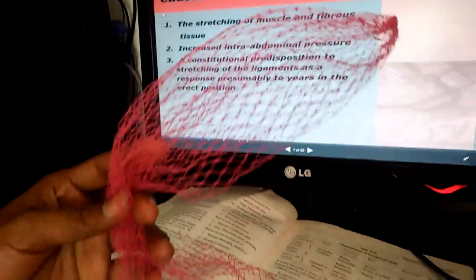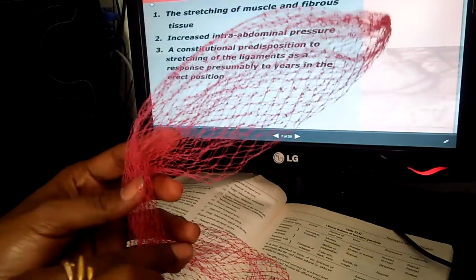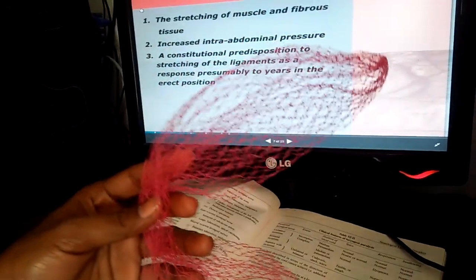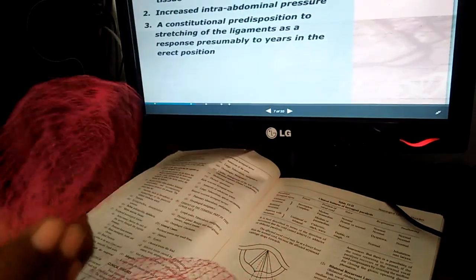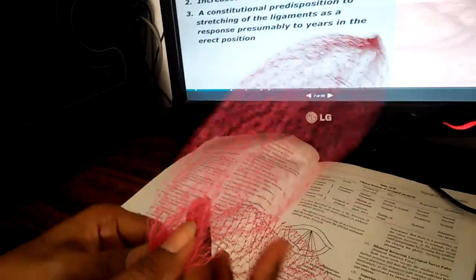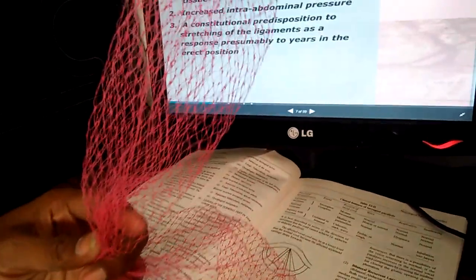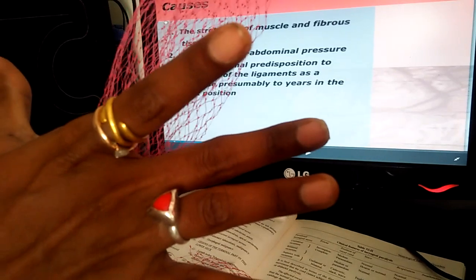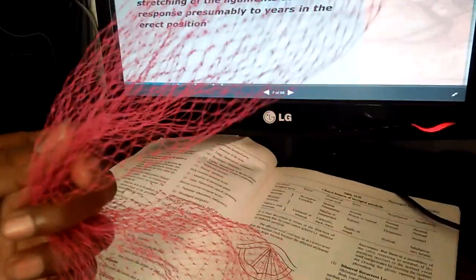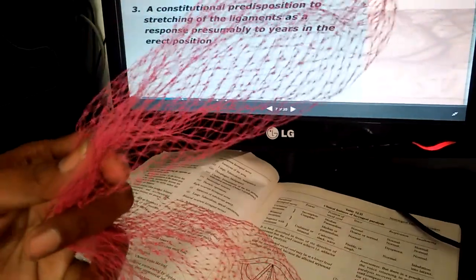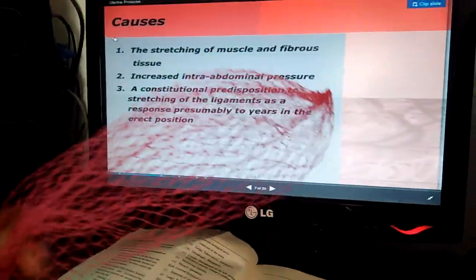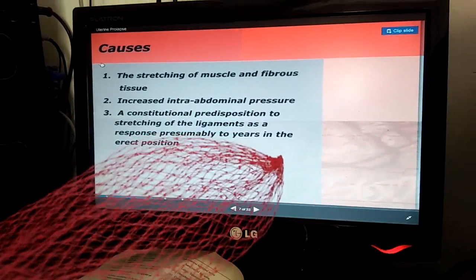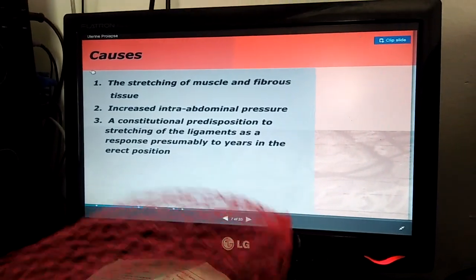So what are the conditions which can lead to this? The first one is a weakness in the supports of the pelvic organs, and the second is increased abdominal pressure. Now, which are the conditions of weakness? First, there may be a congenital problem, that is, uterine prolapse due to a developmental defect of the uterine support. If these uterine supports are not strong, that can lead to uterine prolapse. We can remember it as three Cs: the first C is congenital, the second C is childbirth, and the third C is climacteric.